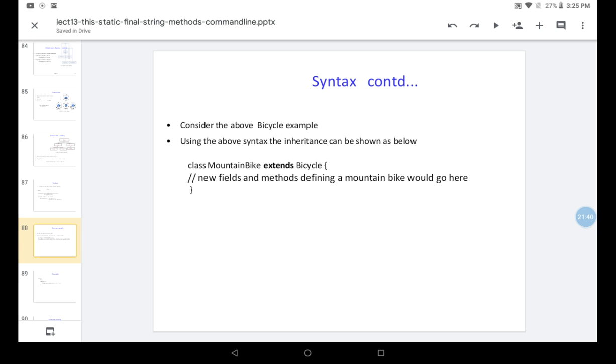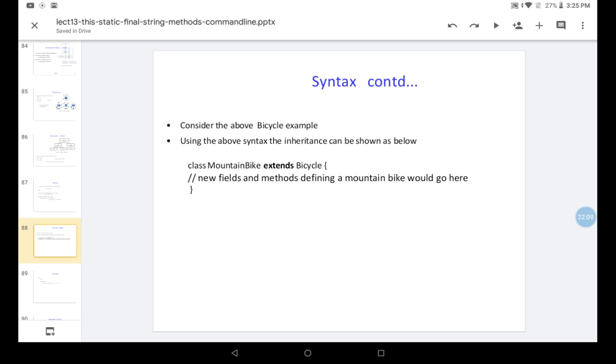So, if you take the bicycle example, using the above syntax, we can write the statement like this. We can create one of the derived classes like this. MountainBike is the derived class that extends Bicycle. It means Bicycle has the common features that are defined in Bicycle, so the MountainBike class wants to share those details, like properties and methods.